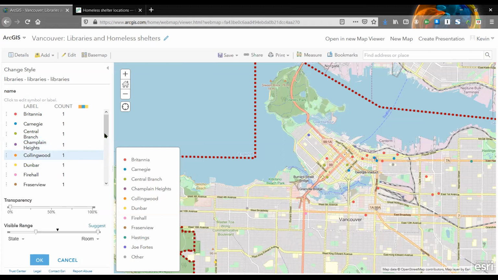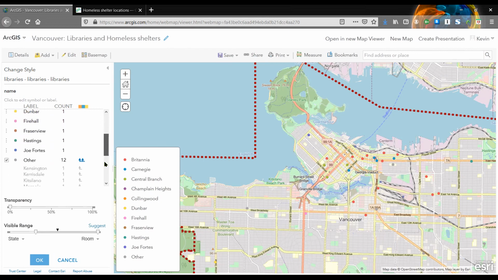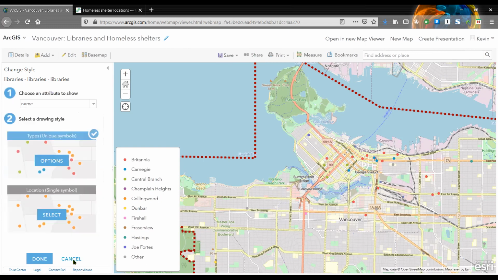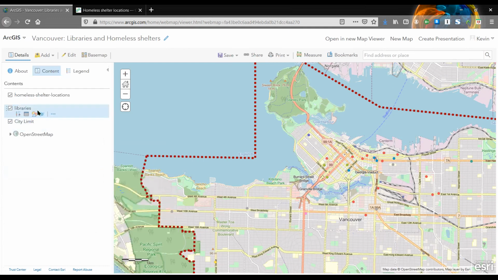And I take a look and I can see what is represented here. So they list a number of them, then they list a number of other libraries here that fall under the category as other. So it's good to know what it is that you're looking at. If I go back out and start back in,